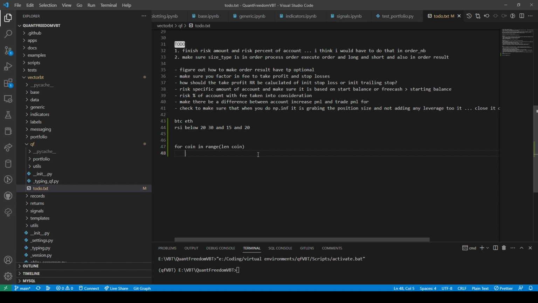So then inside of here it would be for RSI setting in range RSI.shape 0 or something like that, right? So then those would be the entries.